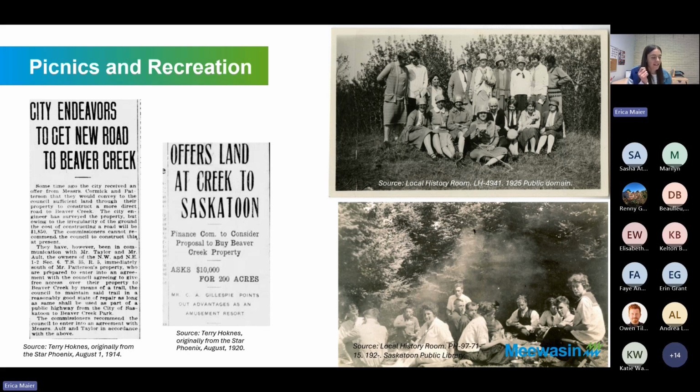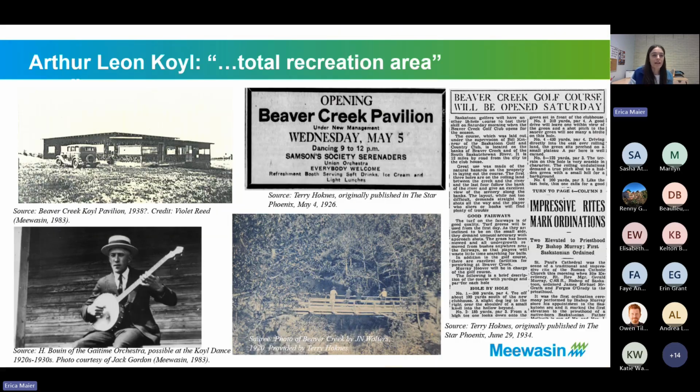He later said that his only regret was that he was unable to make a present of this land to the city of Saskatoon, in which he spent the best years of his life and which he will always have the deepest interest in its future. So that's pretty amazing that this area was becoming so beloved even then, that the person who owned the land was still considering how do we expand this to make it even more impactful than it is? So unfortunately, the city didn't jump on that offer, but in the 1920s, Arthur Leon Coyle